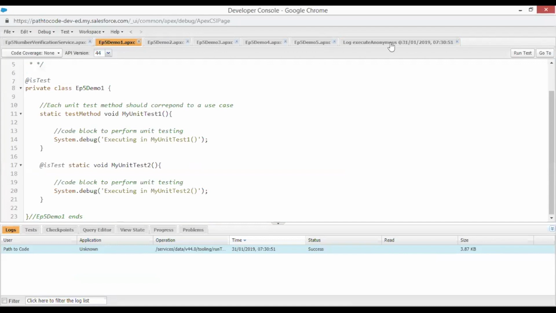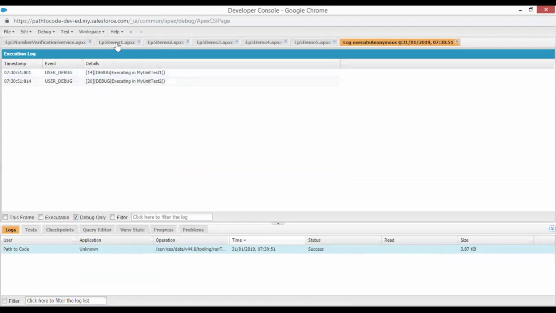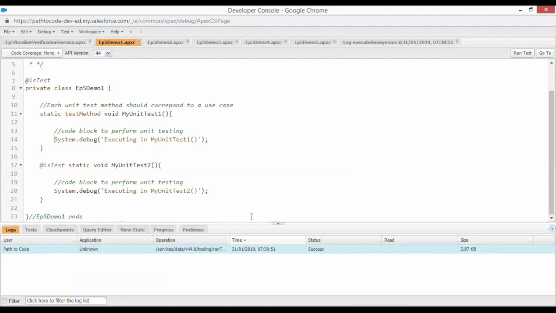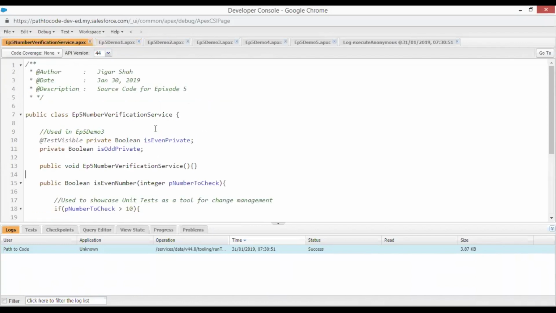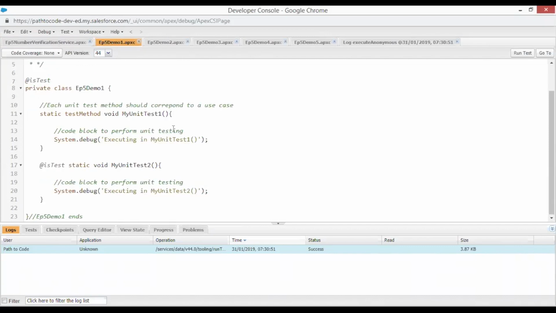One of the things to note: let's say you try manipulating certain records, or when I say manipulating, you try to update certain values on a record, you insert certain records, or you're deleting something, or maybe you're trying to test code which is sending out emails. So if you're writing unit tests for those and you're trying to perform any of these within your test code, so let's say you have a class which is sending out emails and you have written a unit test which is trying to verify that class, and as a result